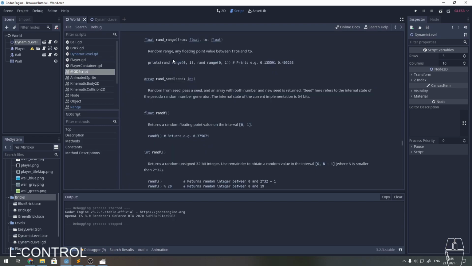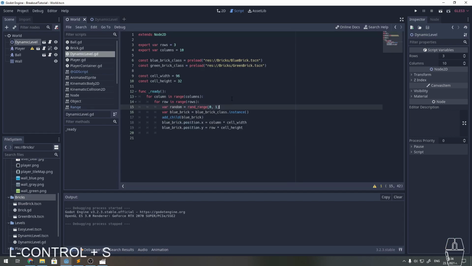Let me see if I can see this here. It returns a float value from the start to the end position. Random range for any floating point value between from and to. I am not sure if those are inclusive or not, but it doesn't really matter, right? It's close enough to be